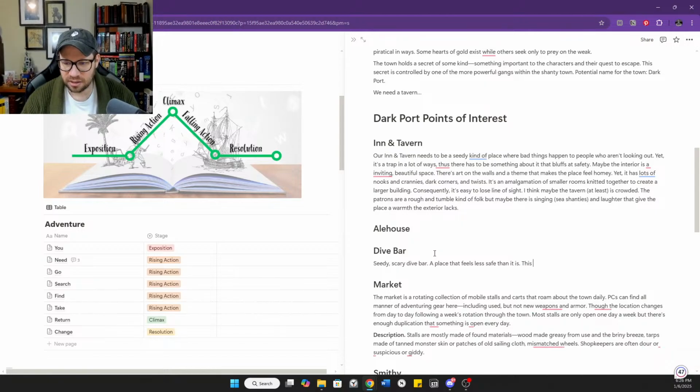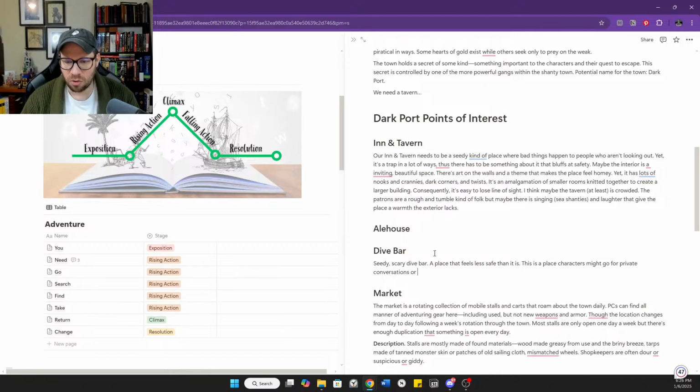This is a place characters might go for private conversations or to find illicit or secret things. This is a place for making contacts outside of normal channels.